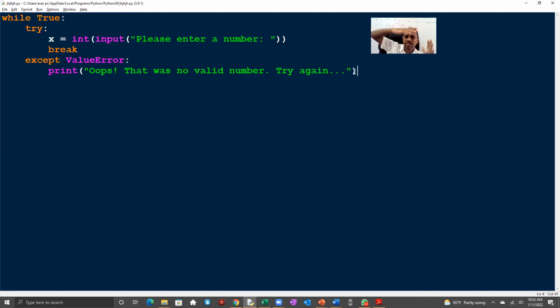Normally, when there is an error during the runtime, the program suddenly stops. For example, if somebody enters his name instead of a number, the program is suddenly stopped. But we can avoid it. So instead of producing an error,